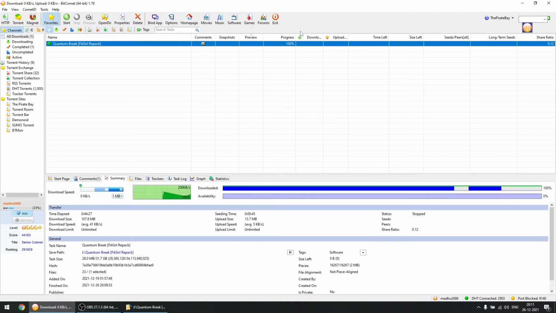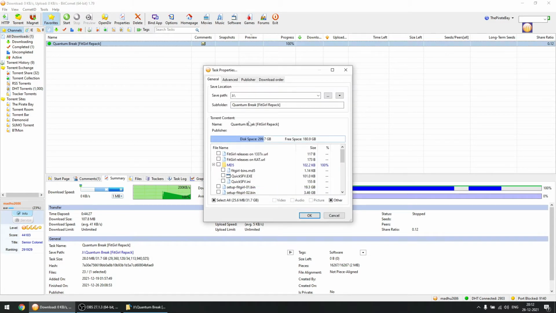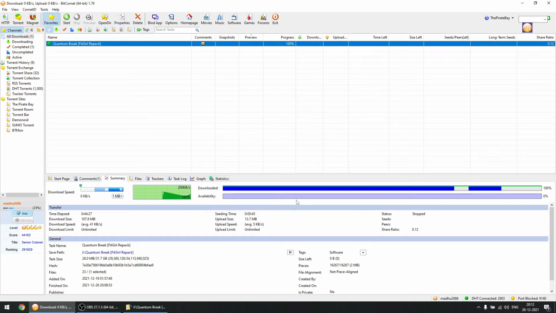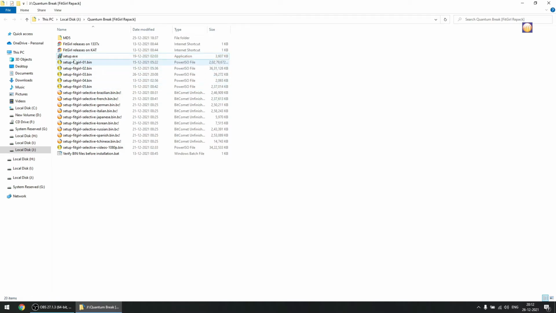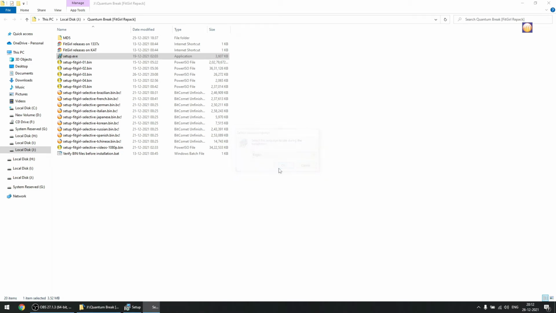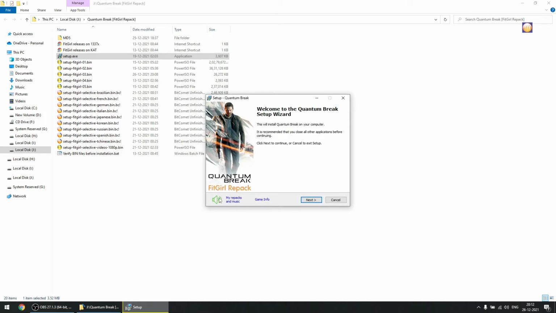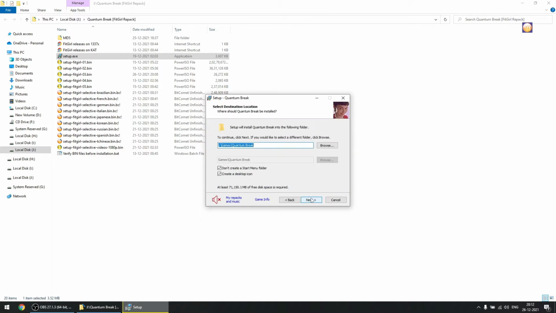So I can see that it is 100% downloaded. I know because I have troubleshooted this file, so to make the video short, I have displayed the steps what exactly you should follow to solve the ISDone error. Okay, so now you can start installing the game again. So let's see if the error appears again. Okay, so I'm gonna start installing the game again. Here it comes. So I'm gonna install it on the same directory, J, and